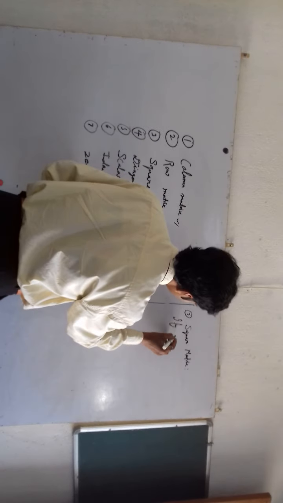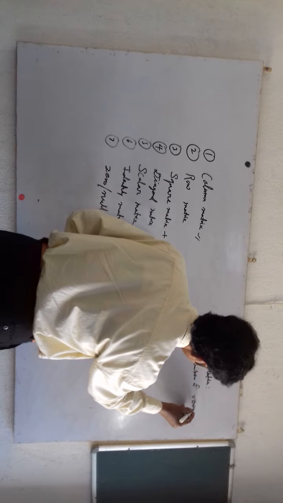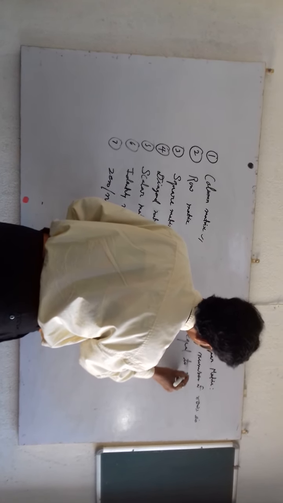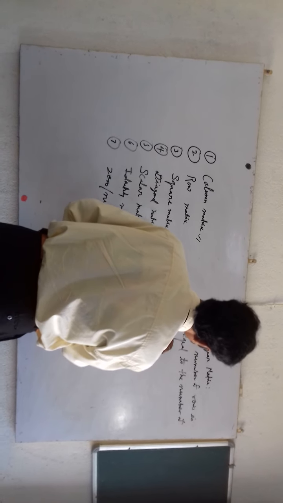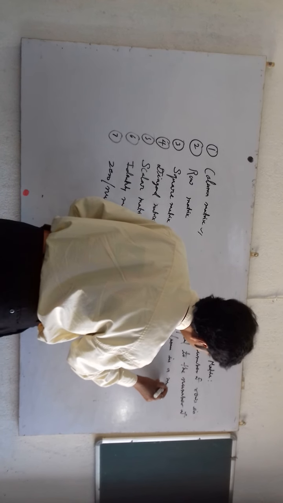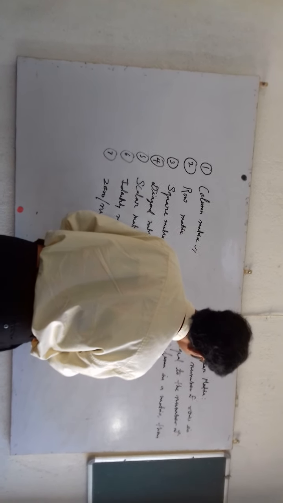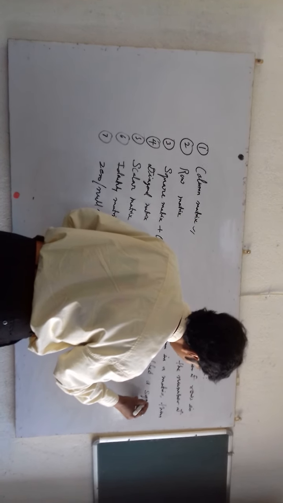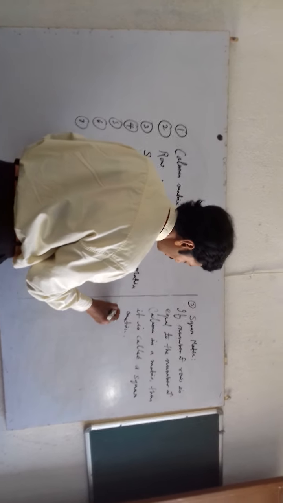If the number of rows is equal to the number of columns in a matrix, then it is called a square matrix. For example,